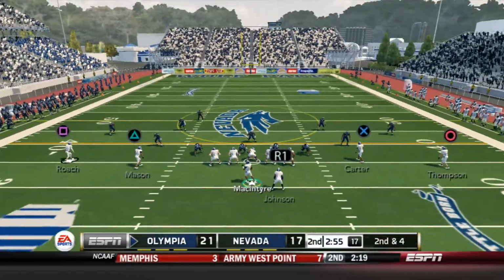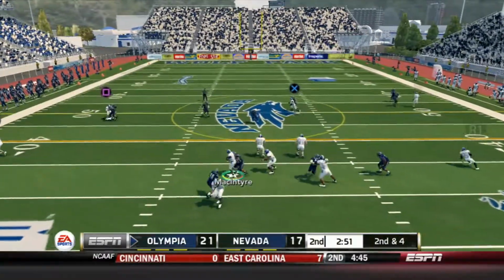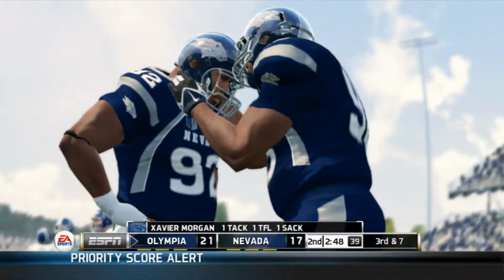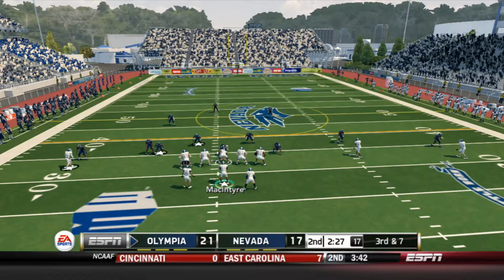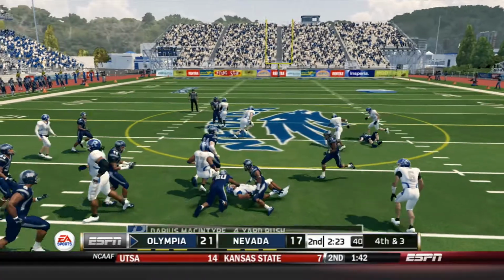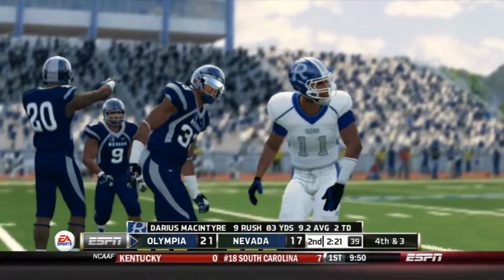2nd and 4 situation. Looks like D-Mac making a lot of adjustments here. He's going to take this one and drop back, and he's going to run with it, but this time the contain is there as the defensive tackle, actually, Xavier Morgan, brings him down for a sack. Atari Mason in motion now. It's a triple option. D-Mac holds on to it, and he should have pitched that one out. Atari had a lot of daylight in front of him, and instead only 4 yards,